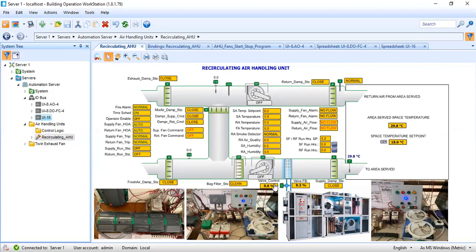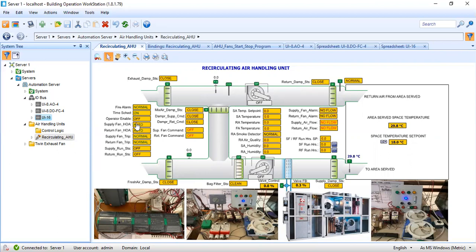Now this valve will try to maintain the temperature in the area. Without any more delay, let's see how this air handling unit works. First, we will start it.